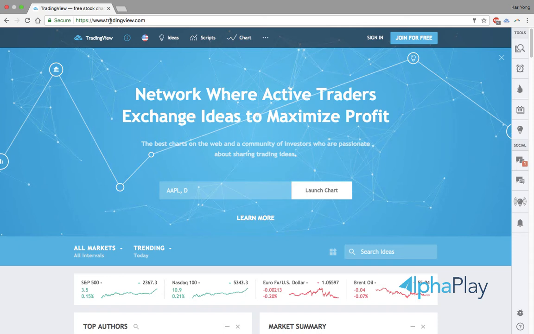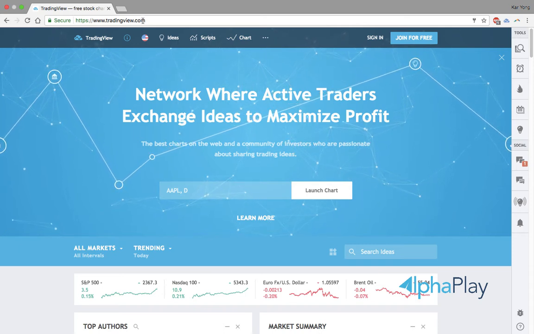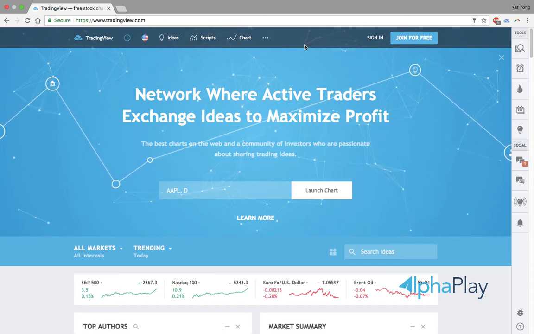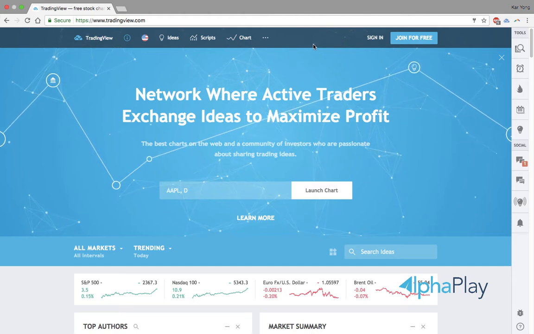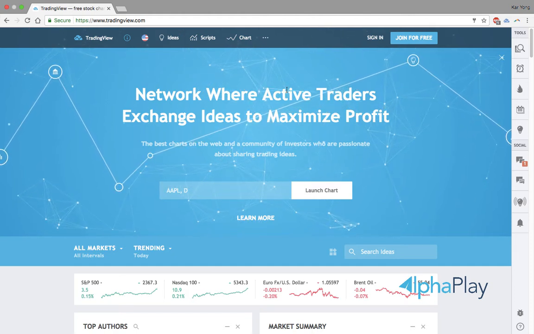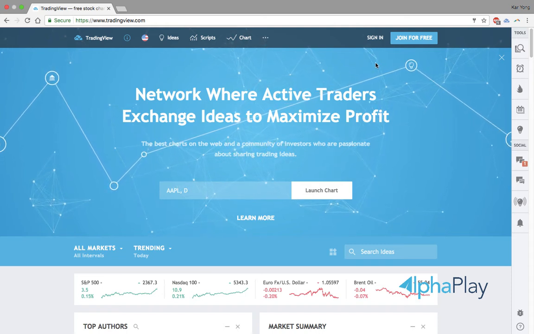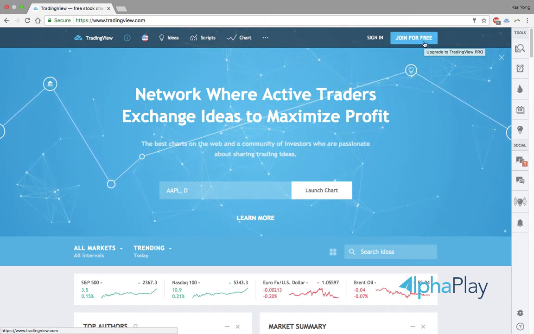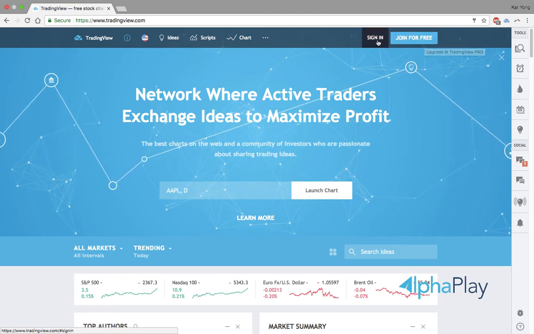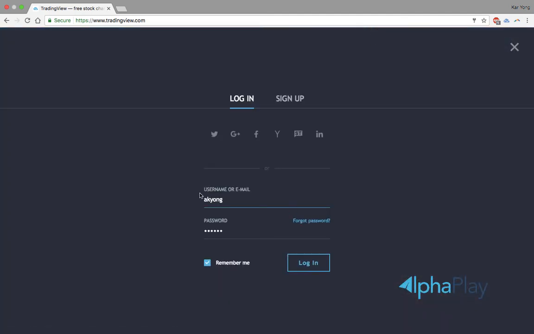If you type in www.tradingview.com, you land on this page. This is what you're going to see if you land on TradingView for the first time. The thing you want to take note of right now is, if you do not have an account, you can click join for free to create an account. If you already have an account, you can click sign in. Put in your particulars, your username or email, and the password that you have set,